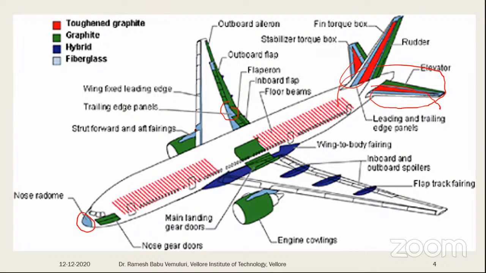Where there are some flutter actions or flapping actions, the vibration strength or structural strength needs to be more. So there we are mostly using glass fibers, and then graphite as well as carbon. For normal strength perspective we are using carbon and all. But where there is vibration behavior, we are using glass fibers.